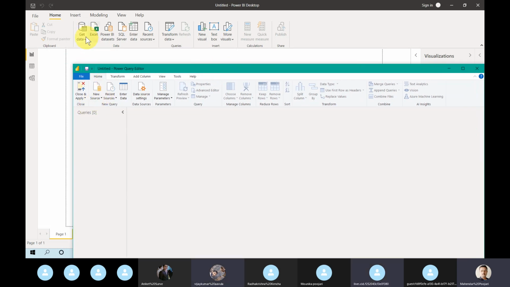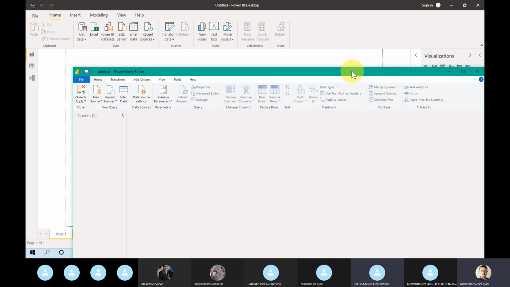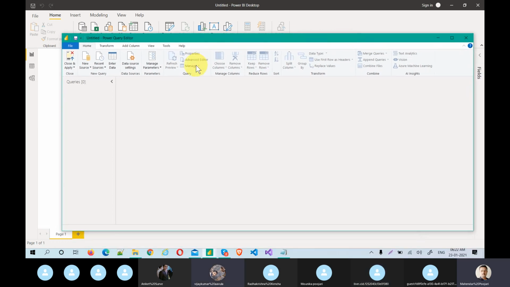Only the names are different, but they work in the same fashion. There is no difference at all. If you click here, you see the same pop-up. This is just a gateway to connect to the source of the data. I might have told you, but I'm repeating to give you more clarity.